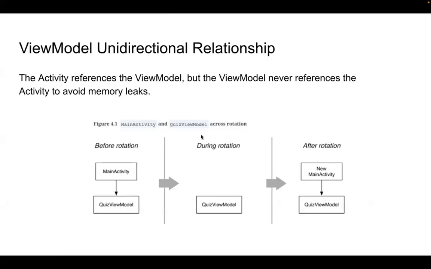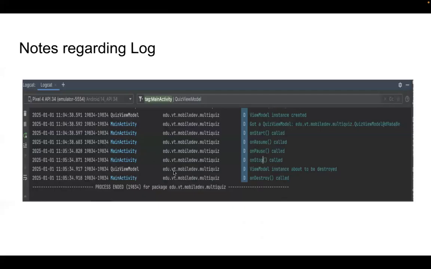And I want you guys to do the exercise, to understand what I'm saying. There are some things that you do in the book. You have a quiz view model, an instance was created, and then you print something, and then you see this, right? I want you guys to see how all of this works and how it is related. So in the beginning, quiz view model is created, and then you create it, and then you start it, and you resume it, and then you pause it